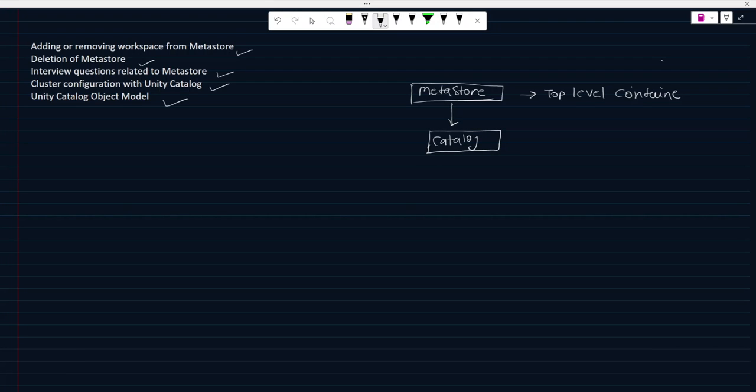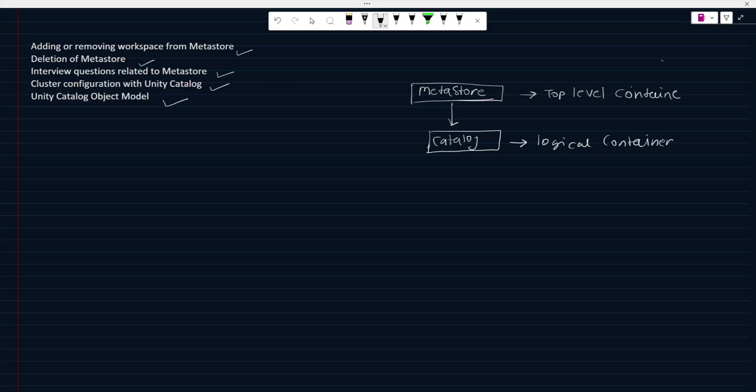So if somebody asks you, can we have more than one catalog? Yes, we can have more than one catalog in the metastore. Now these catalogs you can think of as a logical container. Why am I saying logical container? You can use it based on your requirement. Let's suppose you have different types of businesses. Okay, so you can create catalogs based on the business names, maybe finance, IT, accounts, purchase, sales, or whatever departments you have. You can segregate your data at the catalog level,